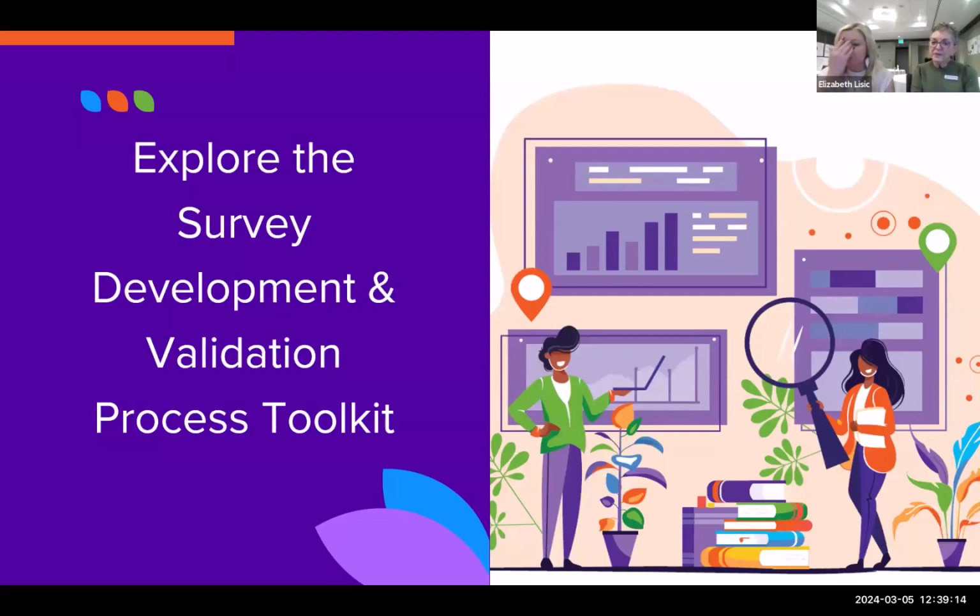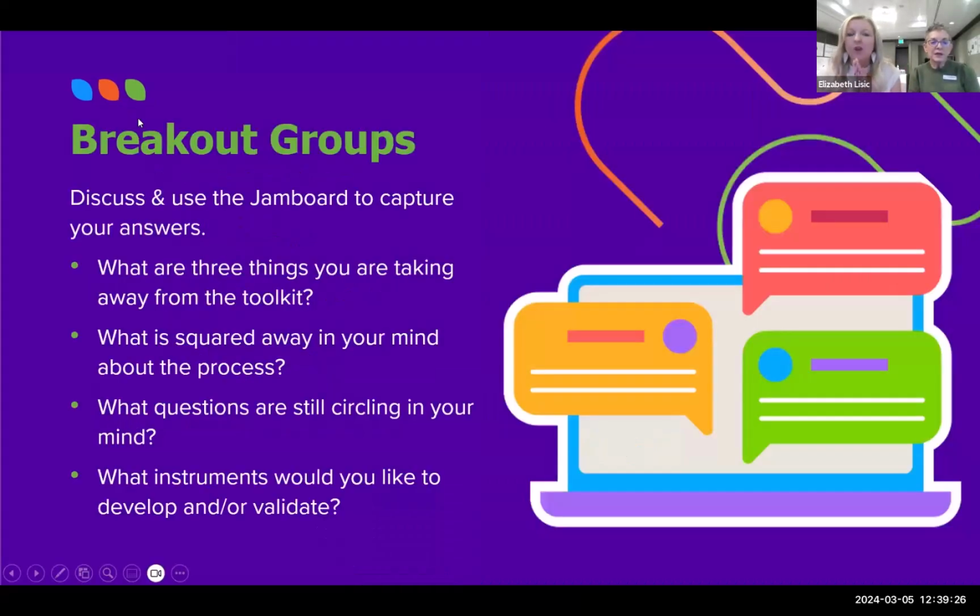Ready? Okay. So let me tell you what we're going to do next, because you're going to have a little bit more time with the tool, but we have a little bit of structure to guide us through that continued exploration. We are going to utilize breakout groups to help our exploration of the tool, to discuss and capture some answers to these questions. You're going to have access to a Jamboard with multiple pages. Whatever breakout room you go to is the page on the Jamboard that you're using. So if you're in room 3, there is a Jamboard page that says room 3 that you'll just tab right on over to.